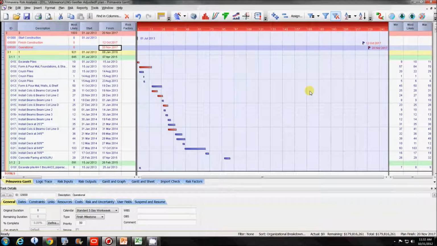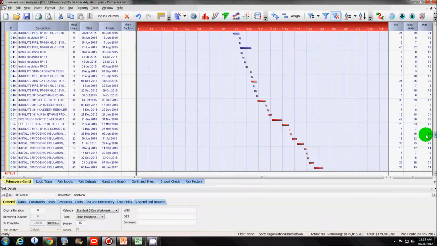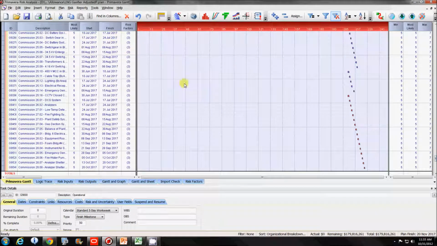Okay, this is where we work our magic in PertMaster. As you'll notice, this is our schedule with the expected finish date, the deterministic date of 20 November. We have already accounted for schedule uncertainty in the quick risk template and have assigned the risk factors to these different things.